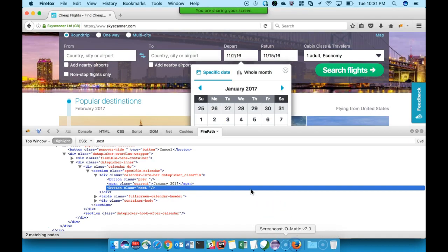All we need to do is keep on clicking this next button till it shows January 2017, because in the beginning it is going to show 2016, and then once we click next it is going to give us the next month.